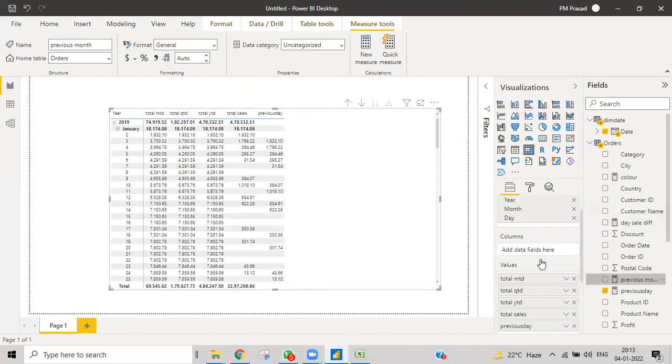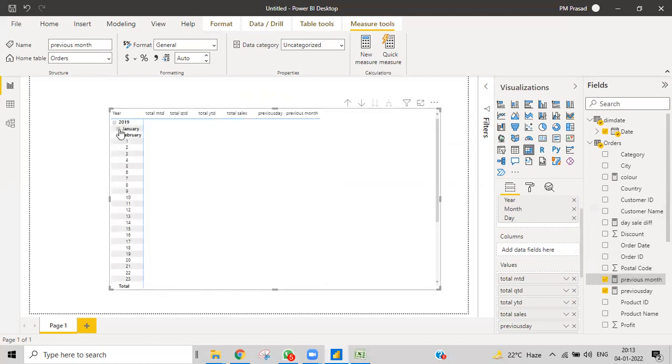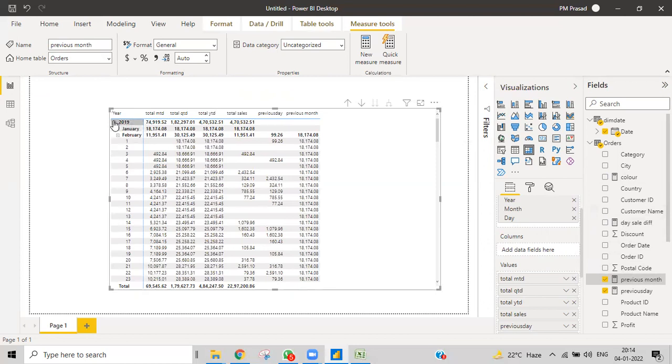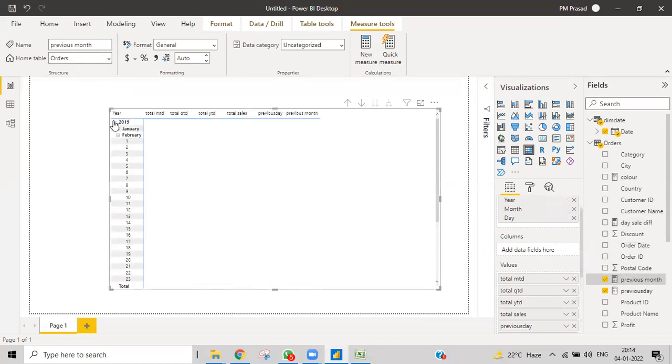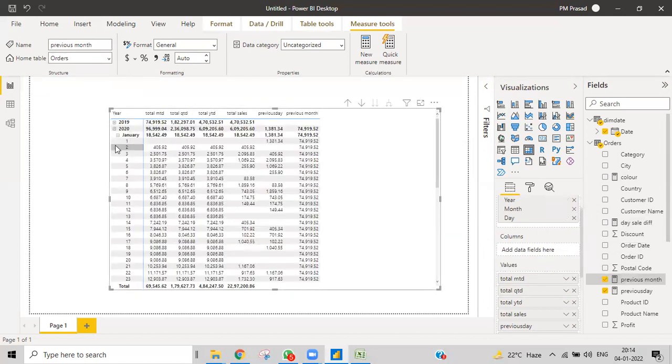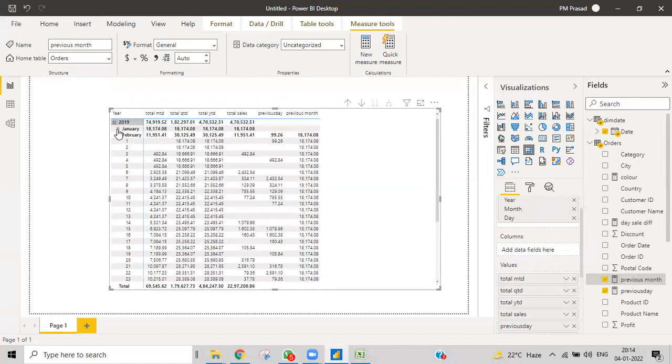Okay, and then a bit previous month. I want to get it over here, previous month, and then you can see whenever I just, is that okay?